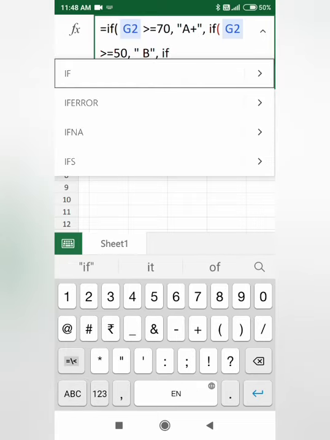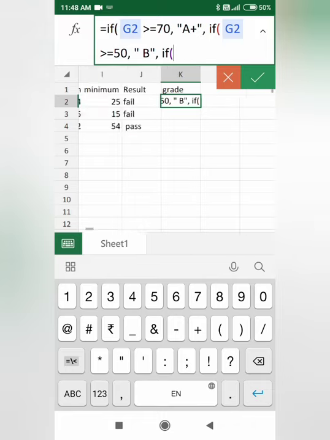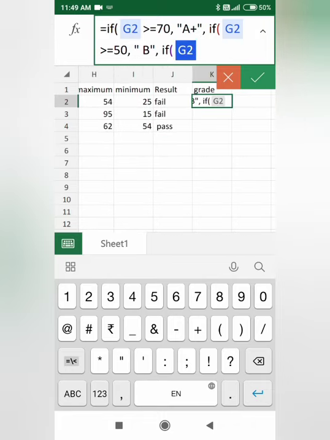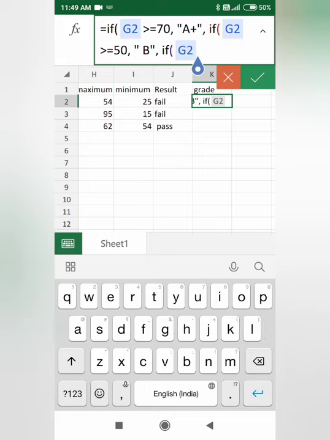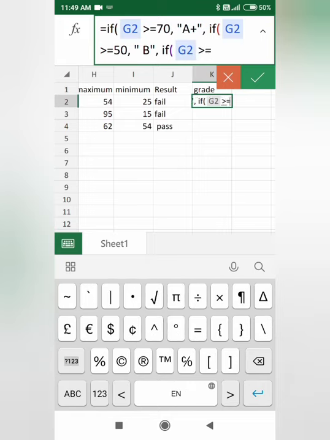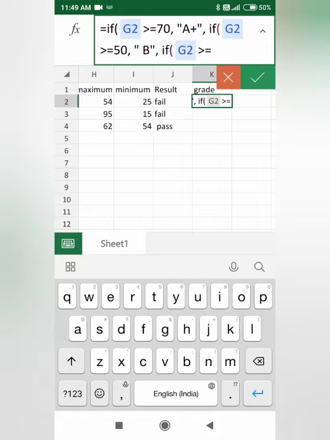Again we have to write if bracket, and again we have to choose. If it is greater than 35, then give them C grade.